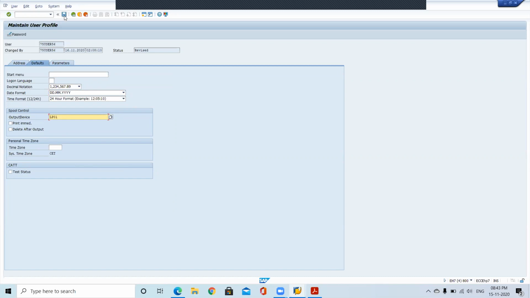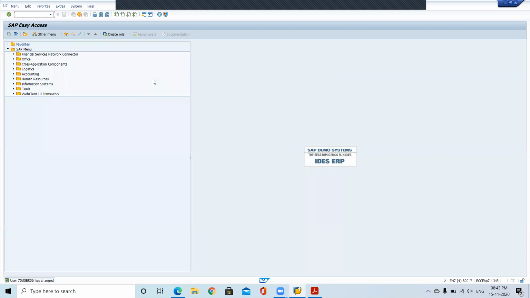So likewise, you can assign a default printer for your user ID. Then it is not going to ask every time for the printer name LP01. By default, it will take LP01 directly. If you click print preview, you can see the information.